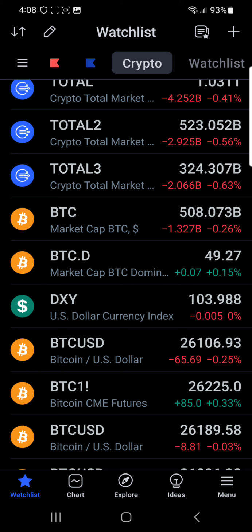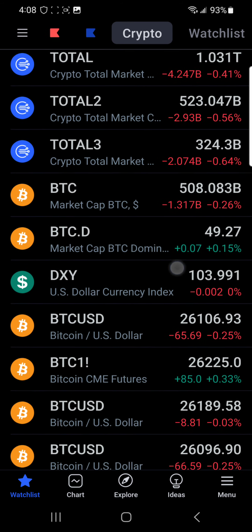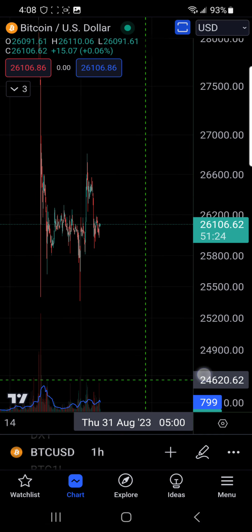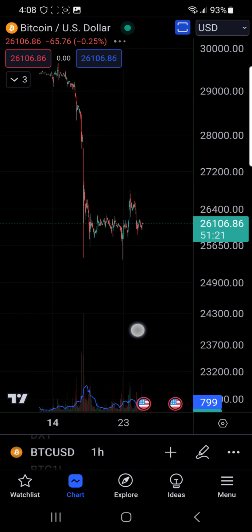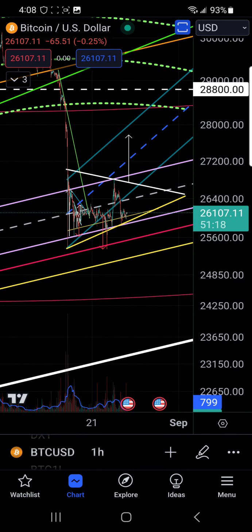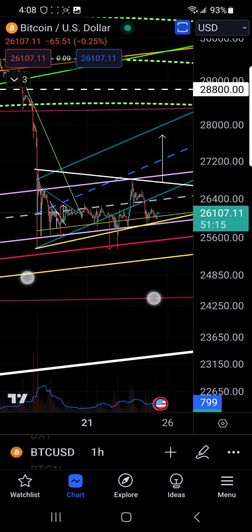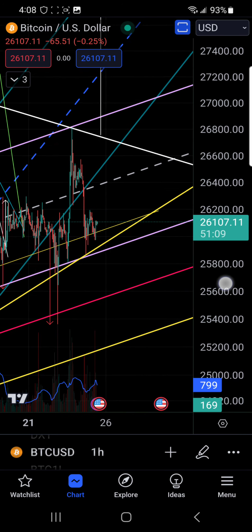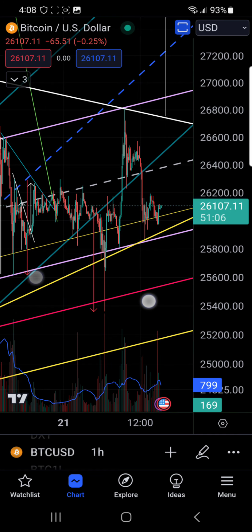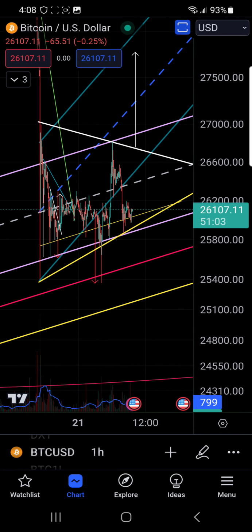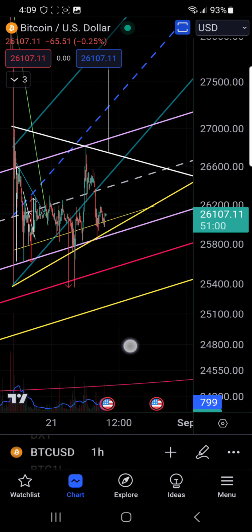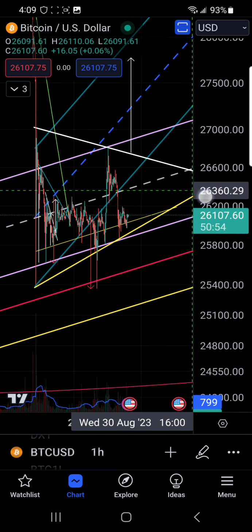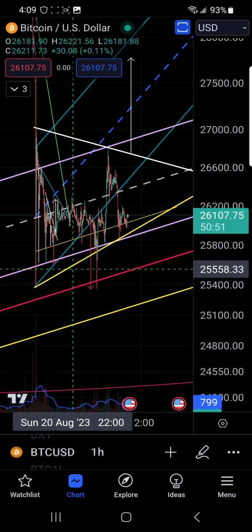Let's go to Bitcoin. Which Bitcoin do we want? We want this one, that's the index. Yeah, sorry about the confusion earlier, because this is the chart. We're on the 1 hour time frame. I've erased some of the lines, and I made a symmetrical triangle here. Not that I necessarily believe that is what we're doing, but I had these two contact points, and it looked like a possibility.